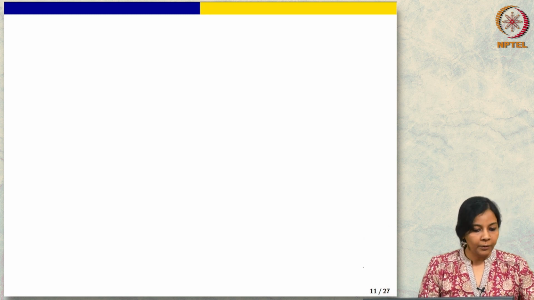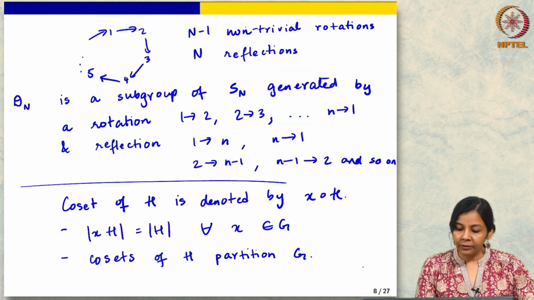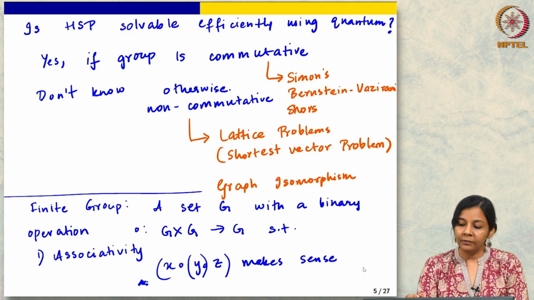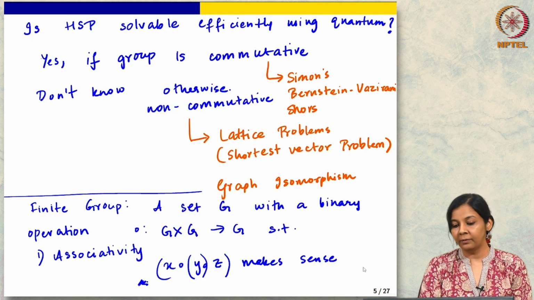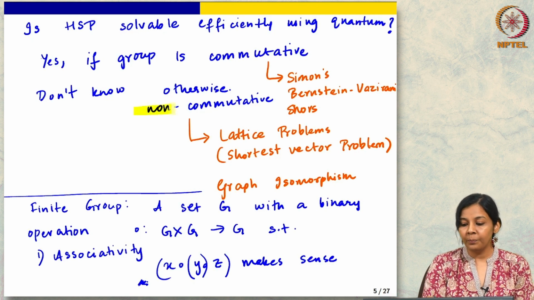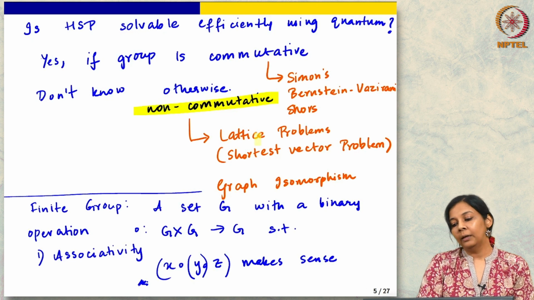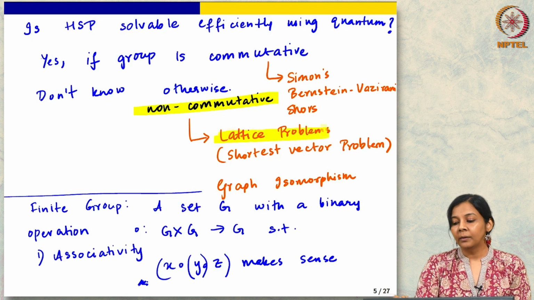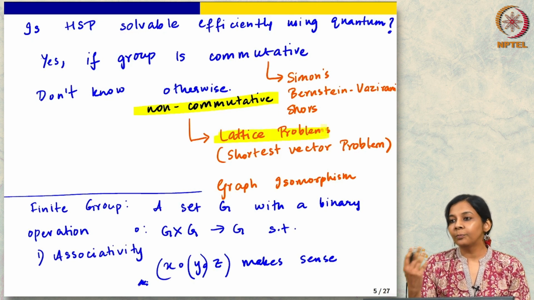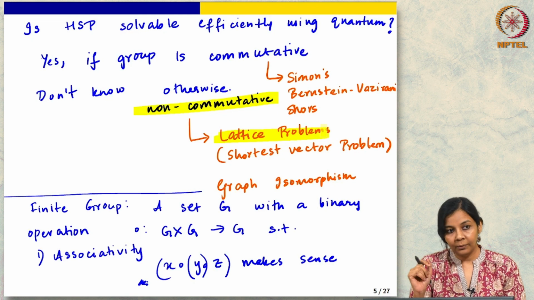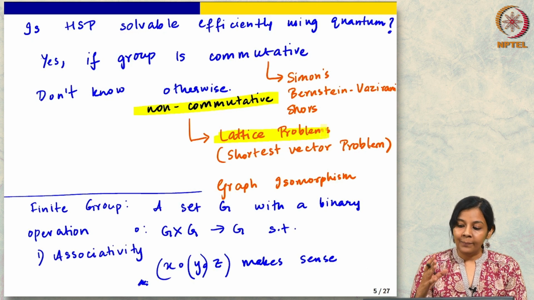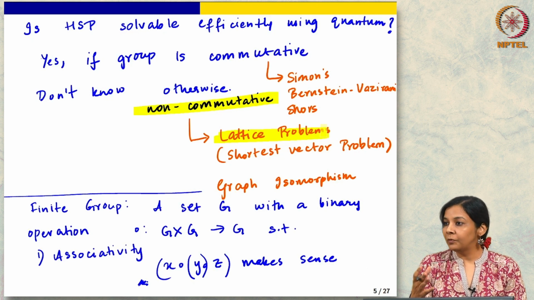Okay. So, I think that is all I wanted to say for this. For non-commutative groups, let me just leave us with this particular slide. For HSP over non-commutative groups, we do not know how to solve it, and that is the source of our belief that lattice problems are going to withstand quantum attacks. Now, next time onwards we will spend some time studying lattices, lattice problems, and how to build cryptography from them.